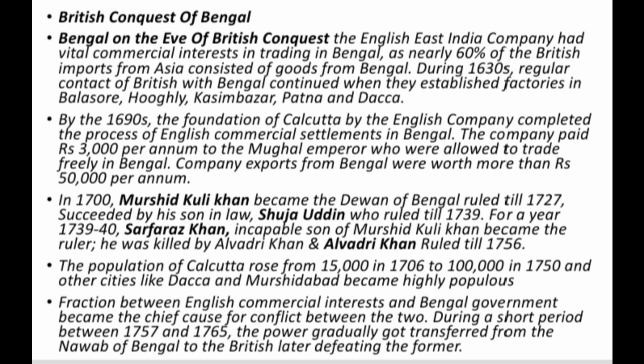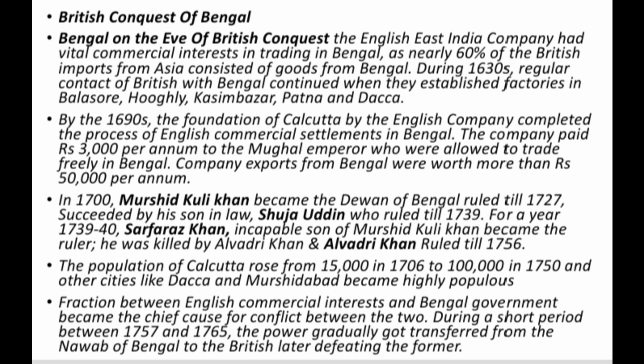So Bengal, the richest province of the Mughal Empire, included present-day Bangladesh, and its Nawab had authority over the region constituting present-day states of Bihar and Odisha. Exports from Bengal to Europe consisted of raw products such as saltpeter, rice, indigo, pepper, sugar, silk, cotton, textiles, handicrafts, etc. The English East India Company had a vital commercial interest in trading in Bengal, as nearly 60% of the